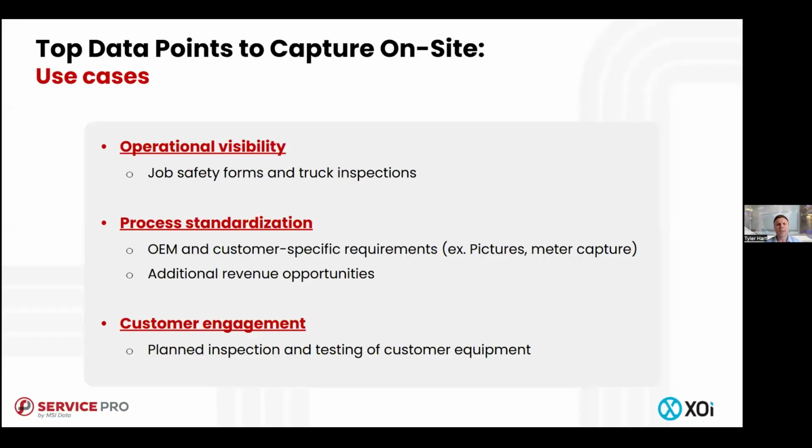And so now that we understand those three main facets of inspections, how do those correlate to some of the day-to-day actions that you see within your organization? We've listed some of those use cases here. From an operational visibility standpoint, some of the more common examples of how inspections help us...